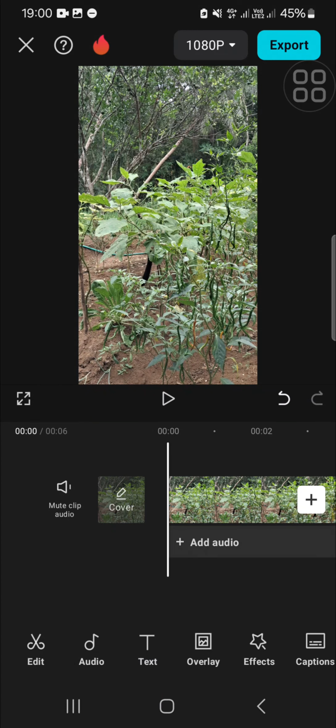In today's tutorial, I'm going to show you how to create a free HDR effect in CapCut. Okay, let's get into it guys. I have created a project in my CapCut mobile application and I'm going to create a free HDR effect for